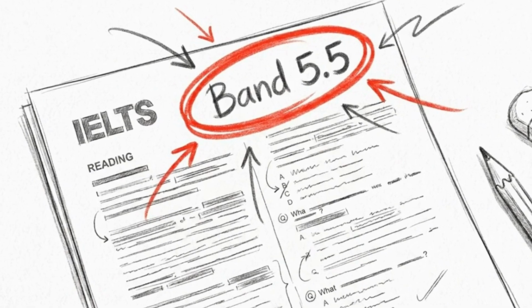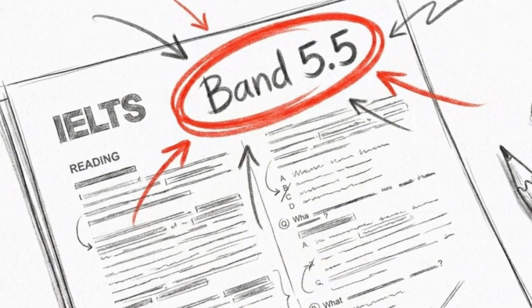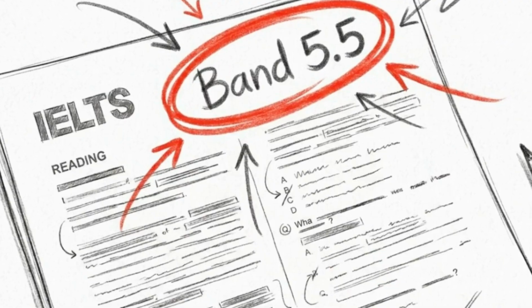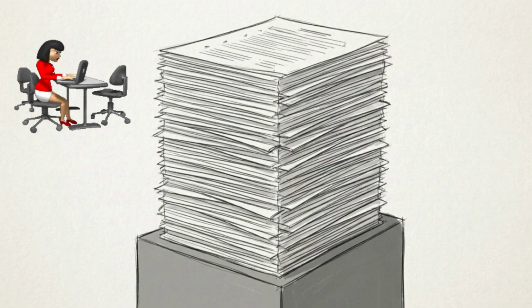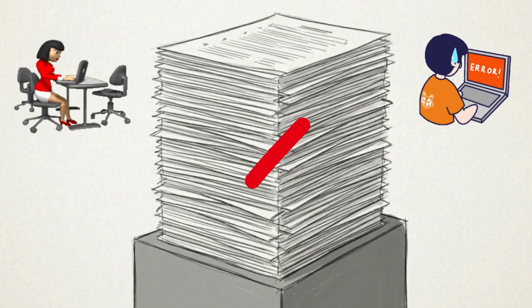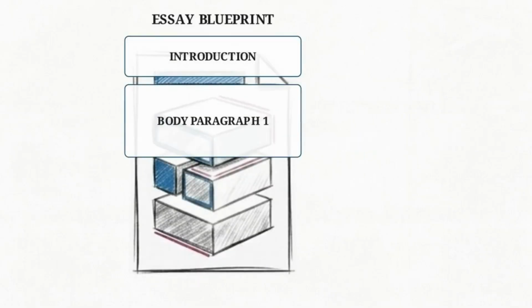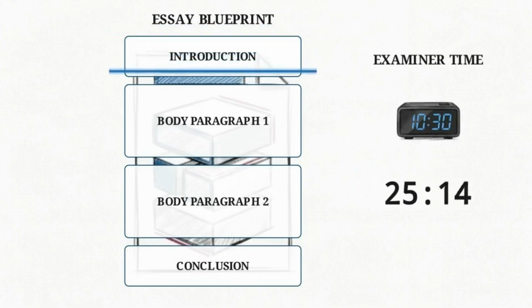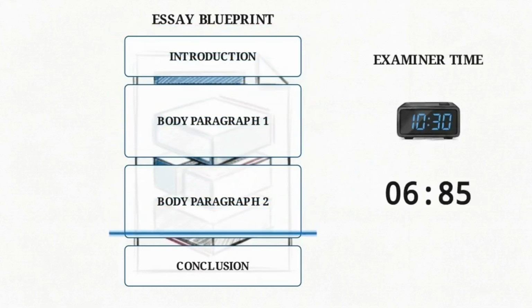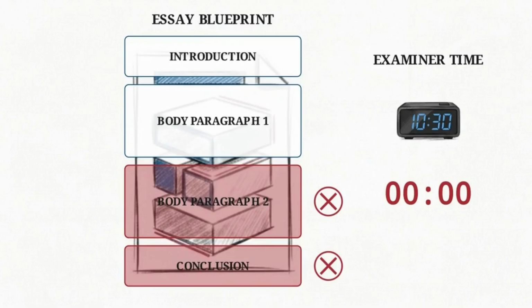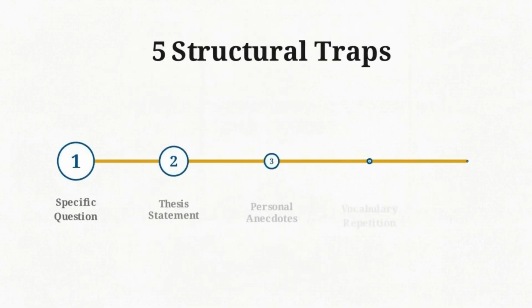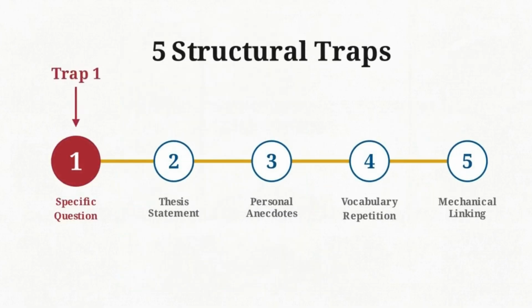Your IELTS Task 2 writing score is being pulled down by mistakes you probably do not even realize you are making. I review hundreds of these essays, and the same errors appear almost every single time. They are not grammar errors. They are structural mistakes, specific patterns that examiners are trained to spot and penalize in under 30 seconds. We are going to walk through all 5 of these structural traps so you can fix them before your next